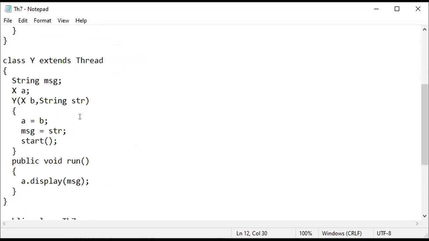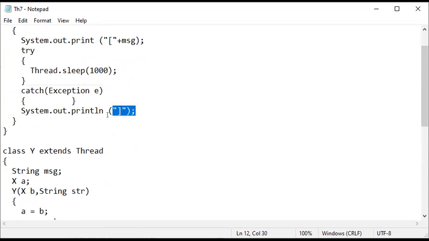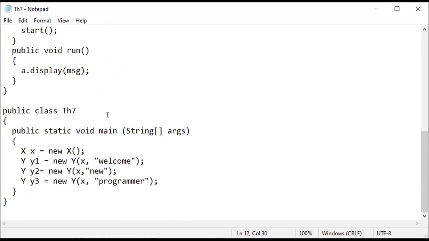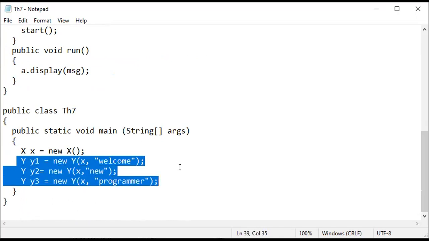Here, in this th7 class, we created three objects, nothing but three threads, to invoke that display method to display the given string between open and close square brackets.